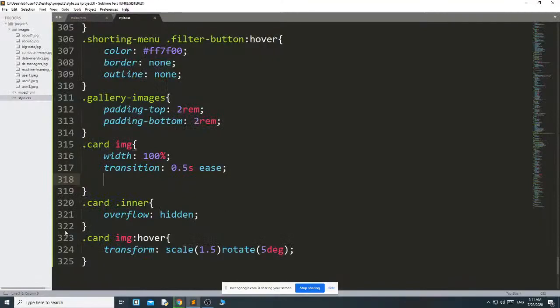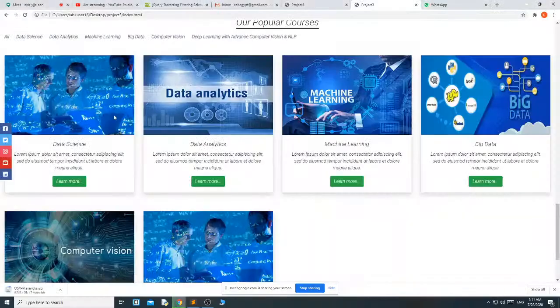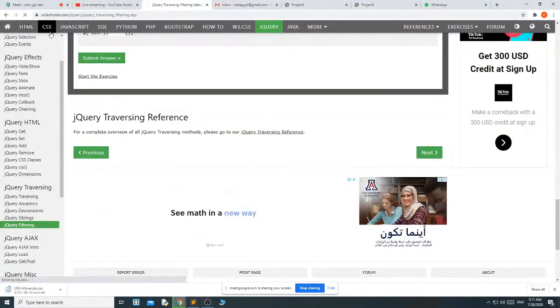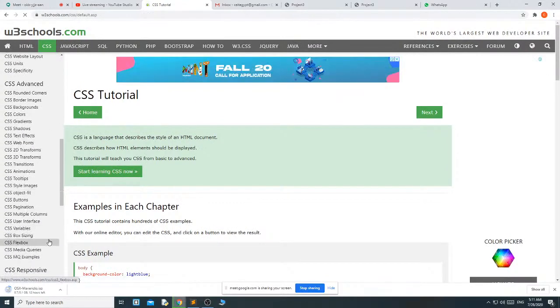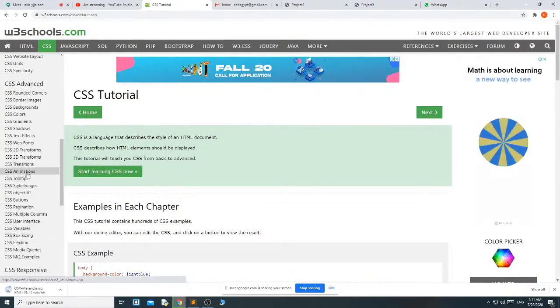But if you don't know what all this is, then in each and every mail I am giving you the link where you can read. Suppose here CSS, then here you have to search for animation.